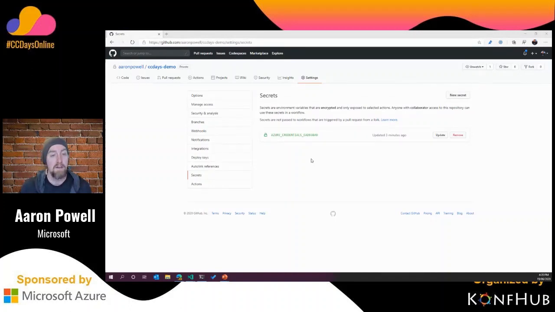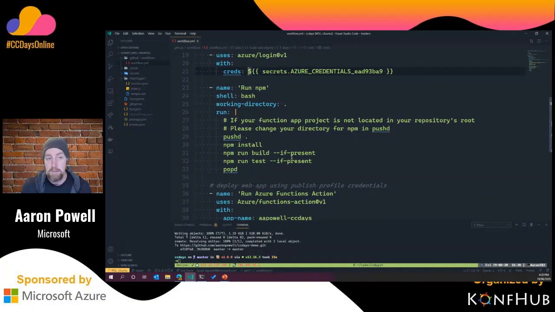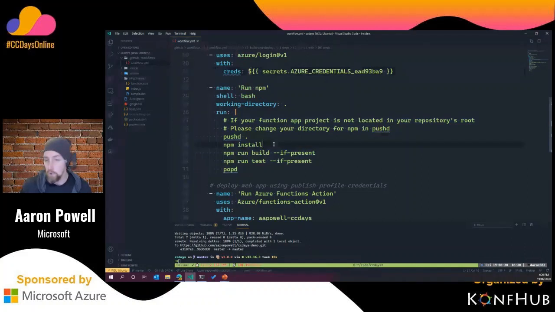Now we'll come back here and have a look at the rest of it. It's going to run some NPM steps because this is a Node project. If it was a Python project, it might run pip. If it's a .NET project, it'll run .NET commands. But what it'll do is run npm install, so download all of our packages, npm build, and npm test. This will get me some output